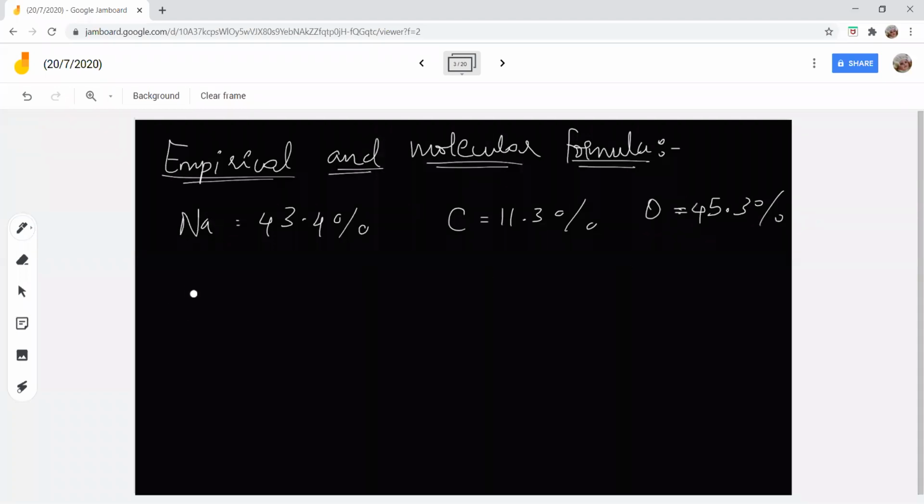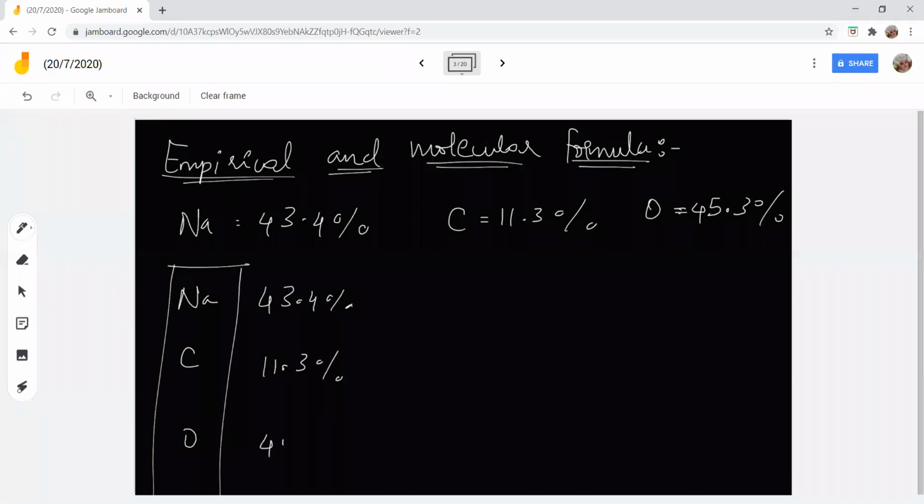Okay, so now let's take sodium, carbon, oxygen. With the given details, the empirical formula can be easily found out. It is 43.4%, 11.3%, 45.3%. Now, I do not know the total mass. For the empirical formula, the simplest formula, I need the simplest ratio between the number of moles. Am I right or not? First, I have to find out the number of moles of sodium, carbon, and oxygen present. So how can I find that out? The percentages of sodium, carbon, and oxygen present are 43.4,